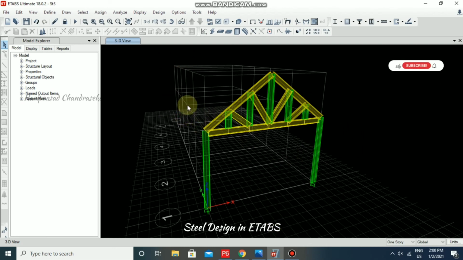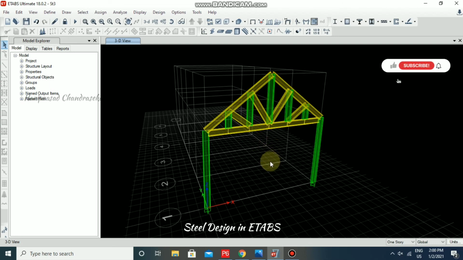So for this project we need to replicate in all these grids, 2, 3, 4, 5, 6 and after that you reanalyze and then you will find whether the members pass or not. And you can go for wind load, earthquake load and dead load and everything, and analyze the structure in a very easy manner in ETAP software.